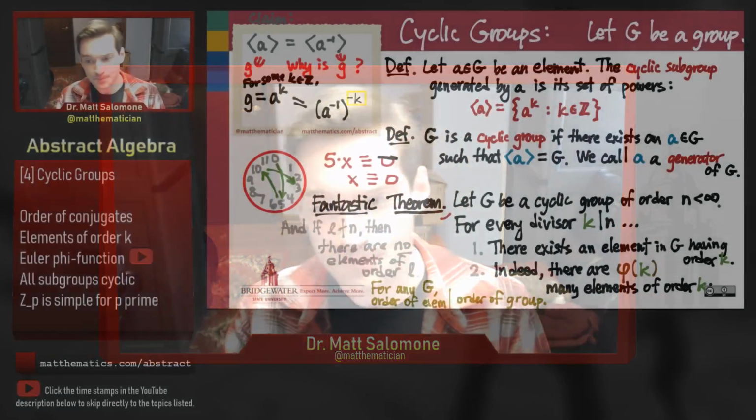So one of the best things in the world about cyclic groups is that when they're finite, the divisibility properties of their order tell us everything that we need to know and will guarantee for us that a lot of things that we want to be true for cyclic groups indeed are true. So in our class just yesterday, I presented what I call the fantastic theorem about cyclic groups. And just to take a quick look back at that before we move on, what were some of the things that the fantastic theorem said for us?